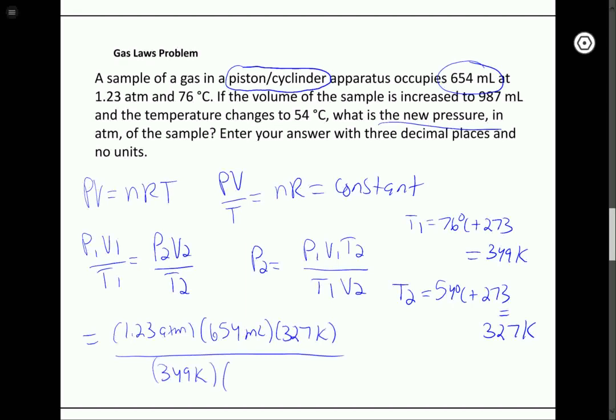And then our V2, we're told, increases to 987 milliliters. Alright, so we check our units, milliliters cancel, Kelvin cancels, the temperature has to be in Kelvin though, it can't be in anything else. And then when we multiply this out,